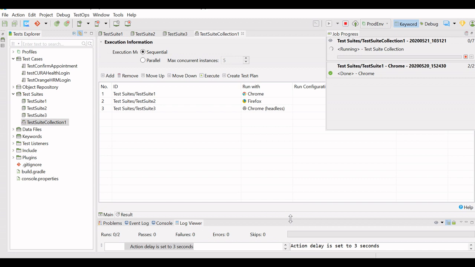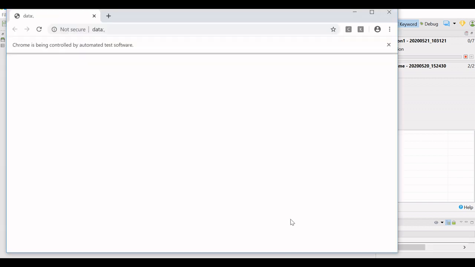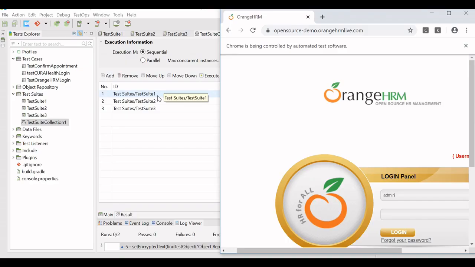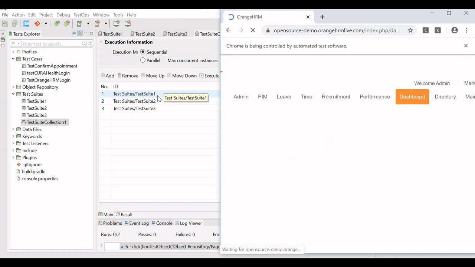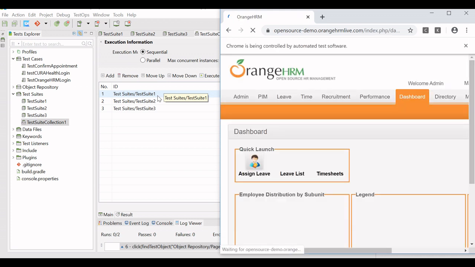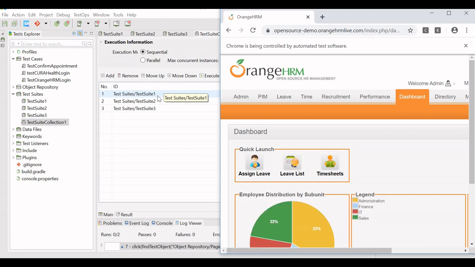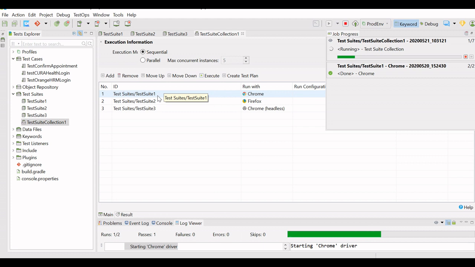It has started the execution of the test suite collection. Now it will execute the complete test suite collection one by one, starting from test suite 1, and it will execute all the test cases in that test suite which are marked as OK to run.